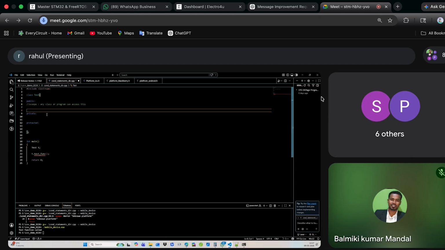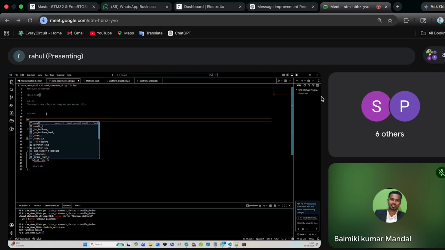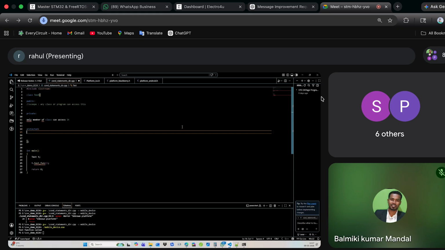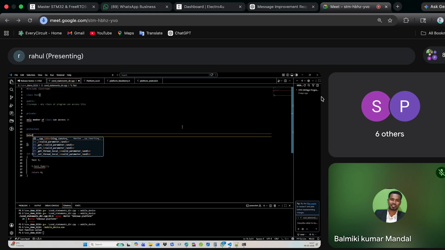If you see private, only members of the class can access it. And if you see protected, the inherited class can access it.